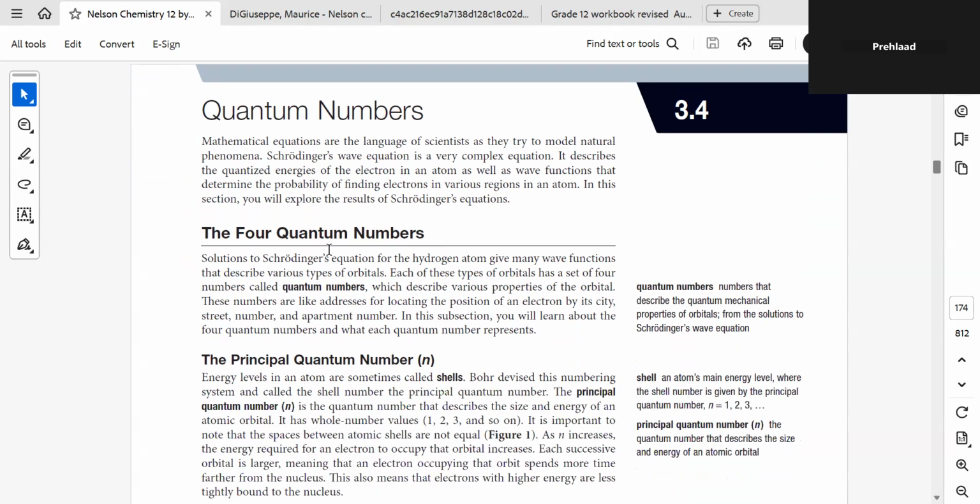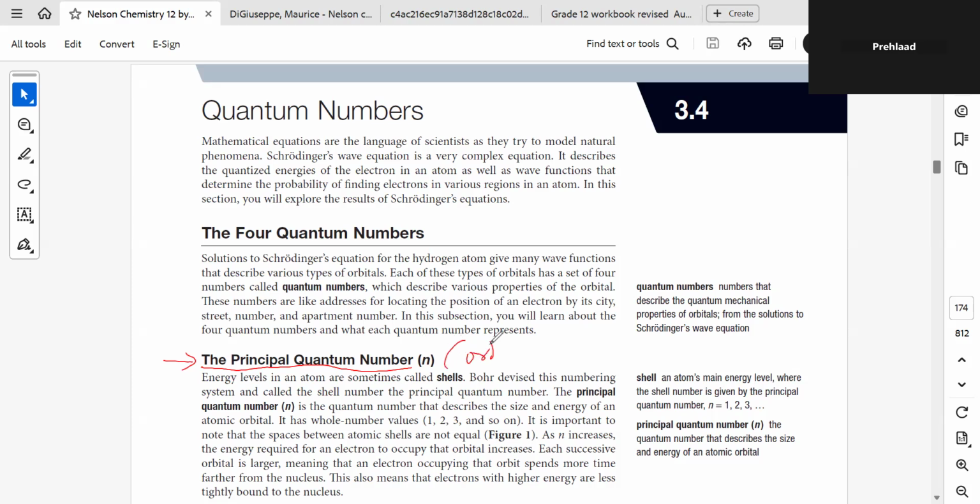There are four quantum numbers that we should know about. I want you to copy it down. Okay, just write down the list of it. The first one is the principal quantum number. The principal quantum number can be assumed